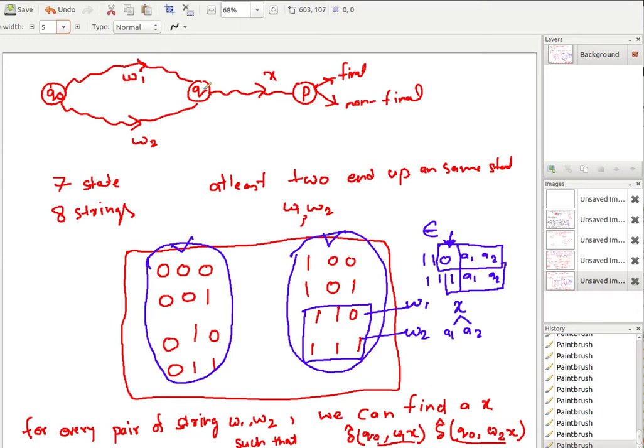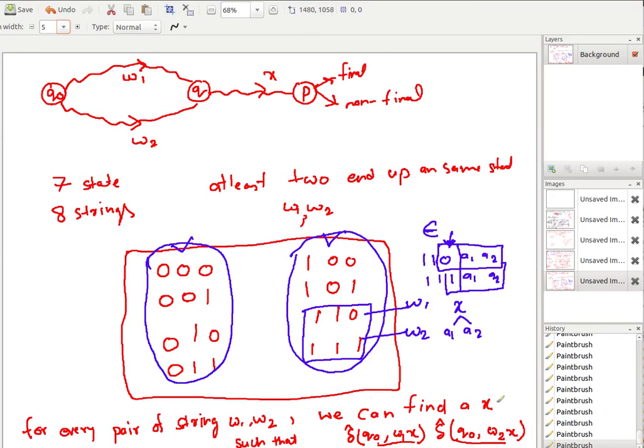We just remember what is the current status. Now, after that it is saying you will end up in the single state. Now, the problem is that with the 8 strings, we said that at least 2 will take you to the same state. But I have a claim saying that for every possible pairing of these strings, any possible pairing you pick from here, how many pairings will that be? 8C2, right? So 8C2 possible pairings are there, and you pick any pairing.